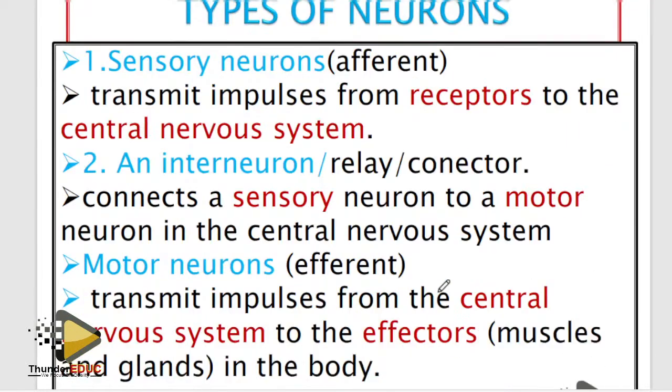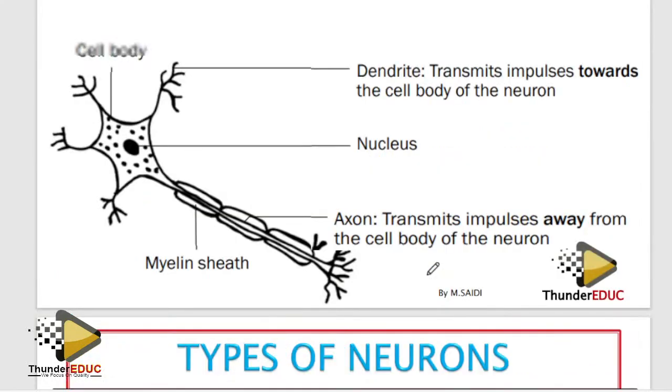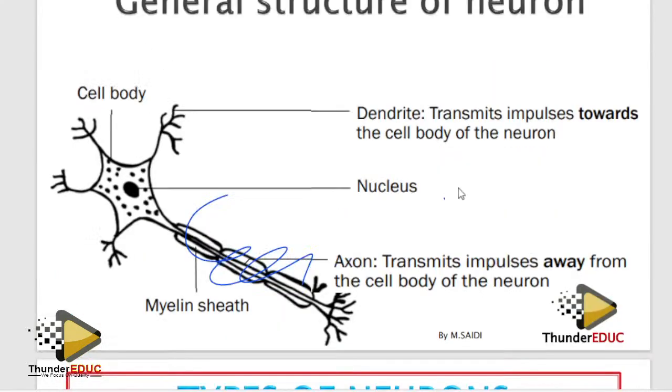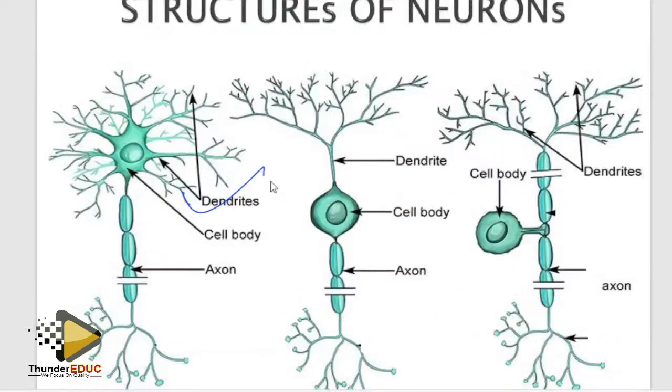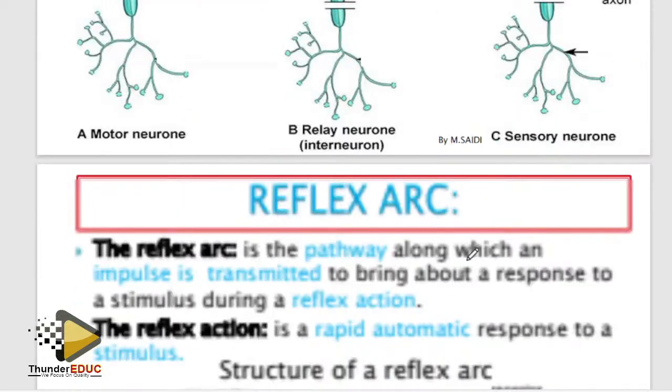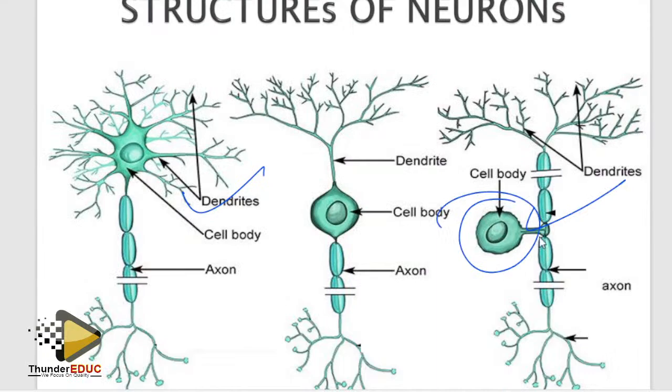Difference between sensory neuron and motor neuron. In most cases, when you ask for the differences, you must know at least two. When you know how to draw this and the sensory neuron, no one is going to bring the connector. It's this and this. That's it. And they have the same parts. How do I differentiate between them? The cell body is along the neuron, while this one is at the beginning or the terminal of the neuron.